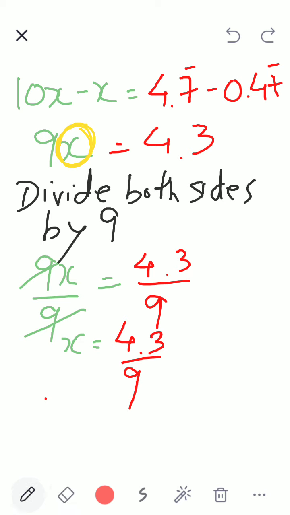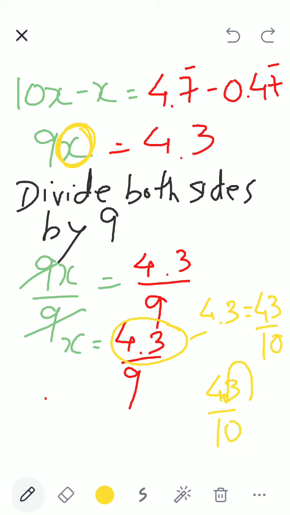Okay, okay. Now observe this 4.3 very carefully, children. Can I write 4.3 is equal to 43 by 10? Same, no? 4.3 is the same as 43 by 10. In 43 by 10, the decimal point shifts one place to the left and it becomes 4.3, correct? So can I write 4.3 as 43 by 10? Anybody who has not understood?